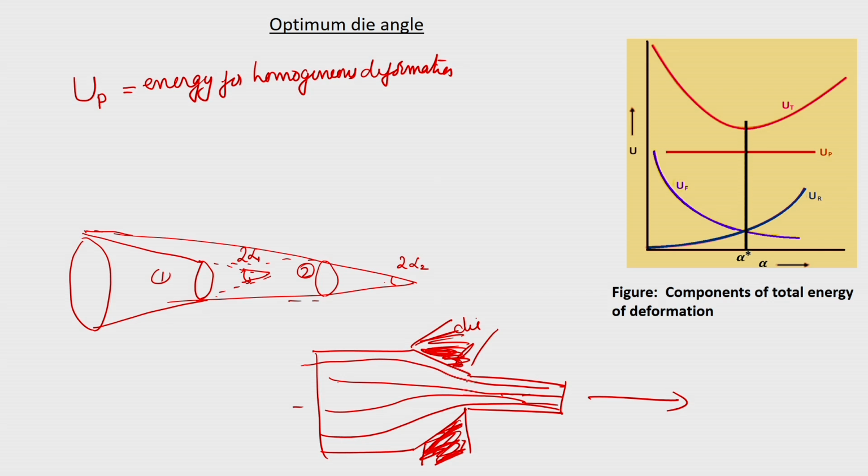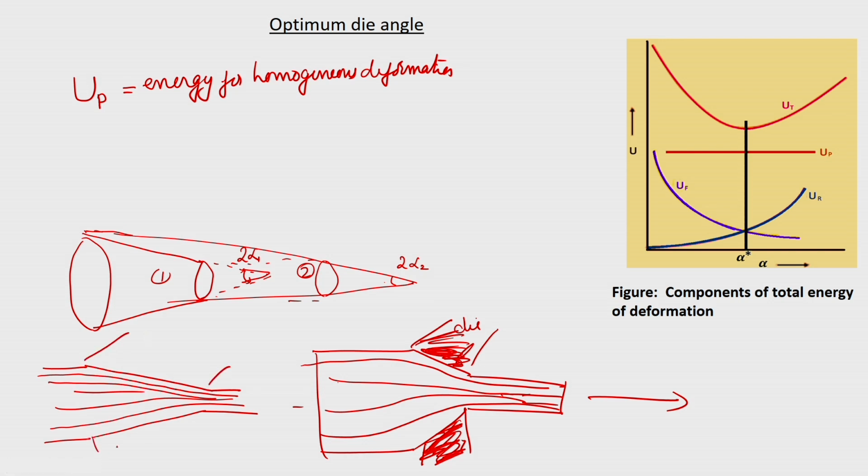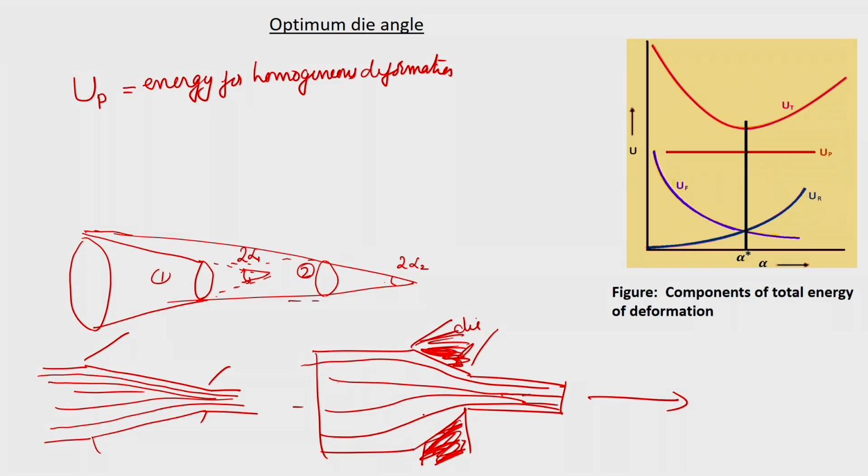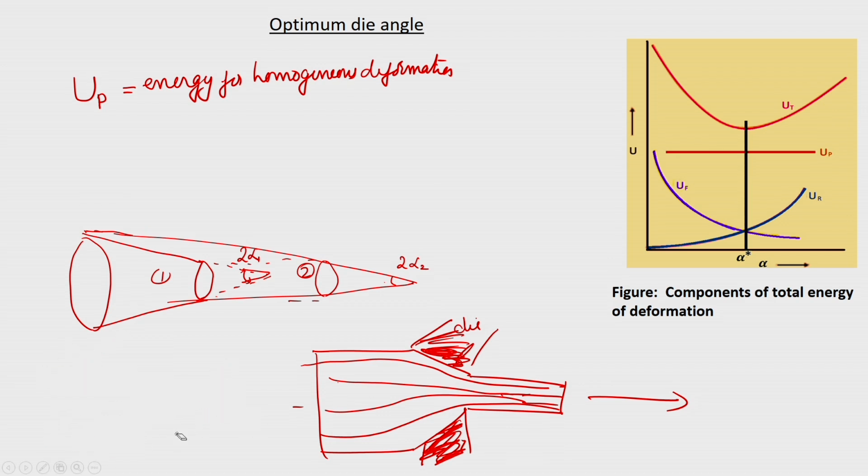So, there is a sharp change in the flow direction if the die angle is large. Whereas if the die angle was small, you will see a very smooth flow of metal inside the die. So, in this case with the die angle larger, the redundant deformation will be very high, and if the die angle exceeds a certain value, then there may be internal shearing of the material, forming a dead metal zone.